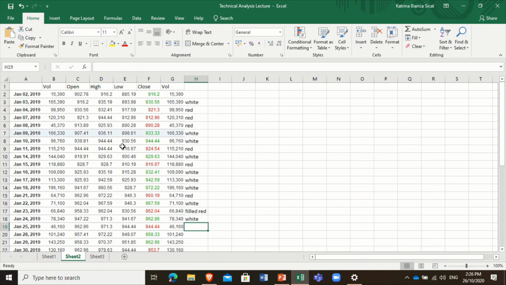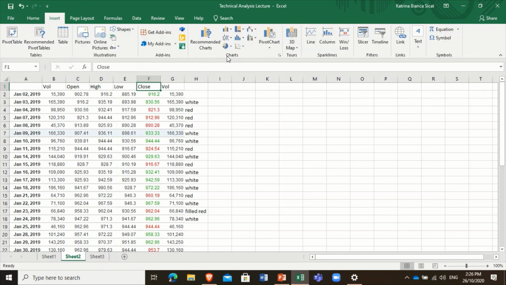this table, no? Always remember that your y-axis would be your price, okay? Y-axis would be your price, your x-axis will always be your date. Okay, how do you create a candlestick chart using the Excel sheet, no? Napakadali lang. What you're going to do is just arrange your columns into the arrangement as specified in this chart, which is available in Excel.